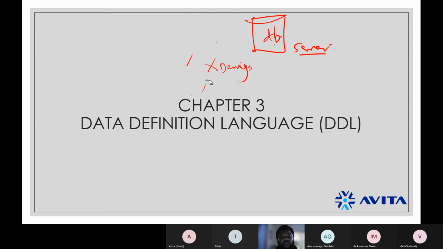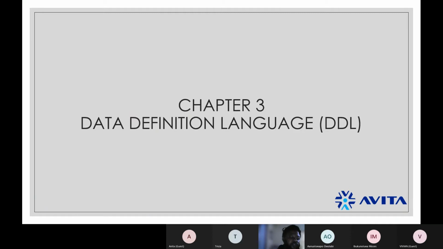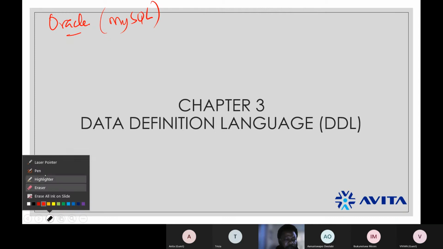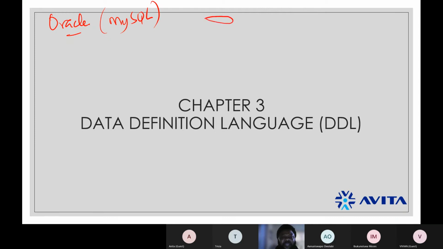Most database literature on simple databases usually does not go into details of these things. But I learned this from Oracle. And of course, Oracle controls MySQL now. I told you that yesterday. Now, when you talk about a database server, I've been talking about database server since morning.